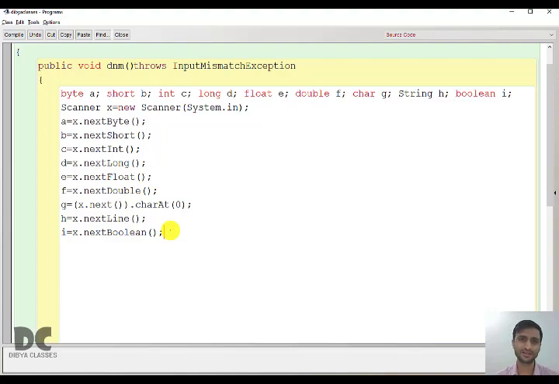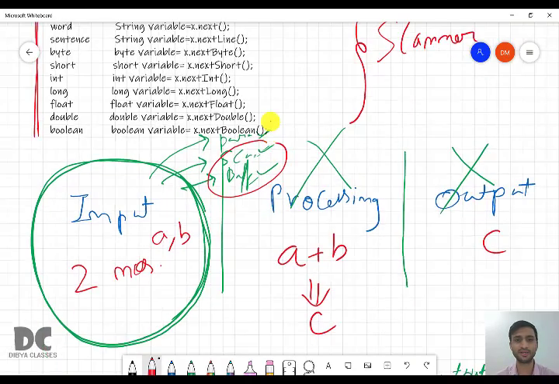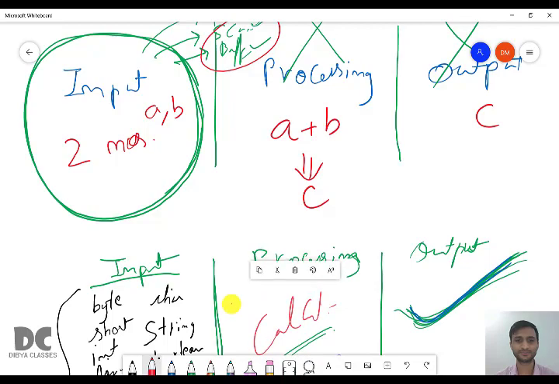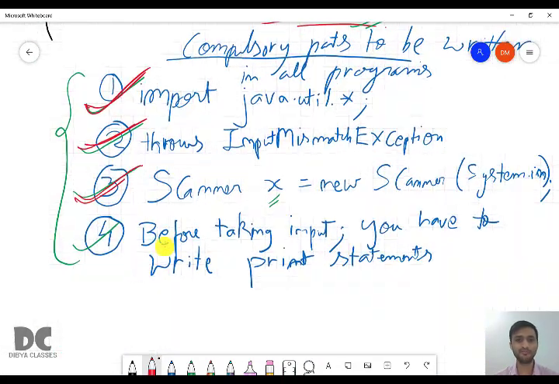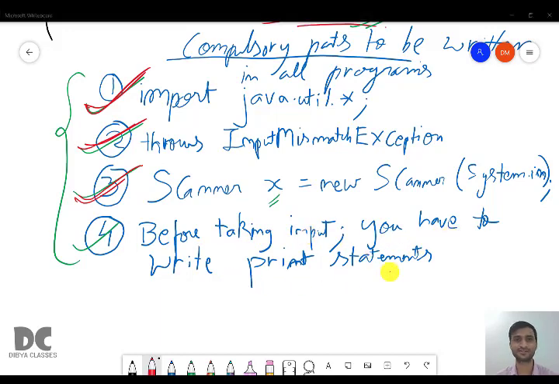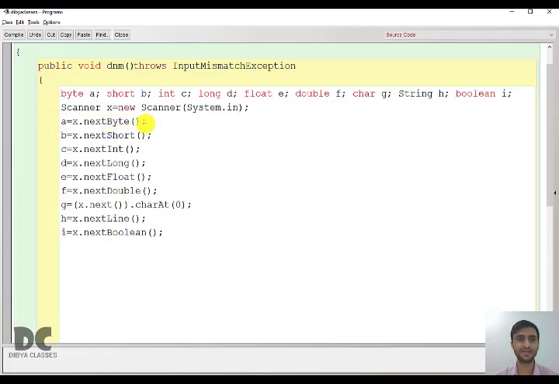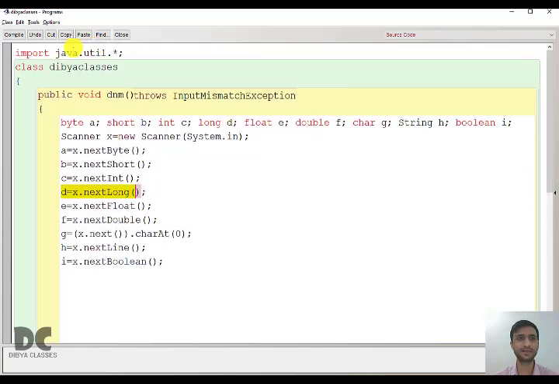But remember what I have told, the fourth point. Before taking input, you have to write print statements. Writing these lines will not make you take input; here only we are taking input.